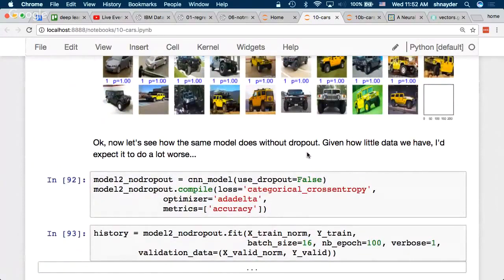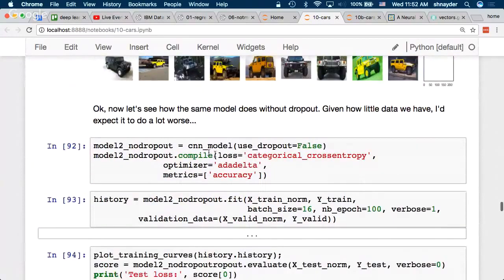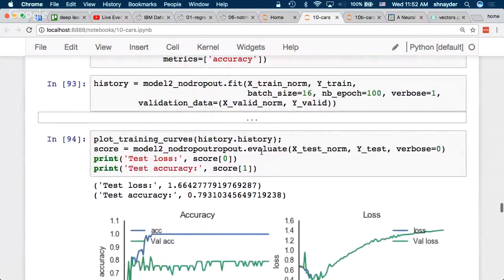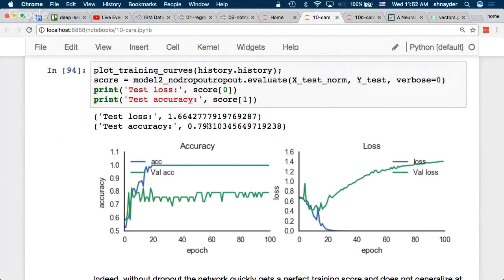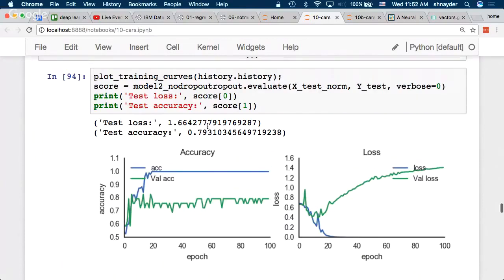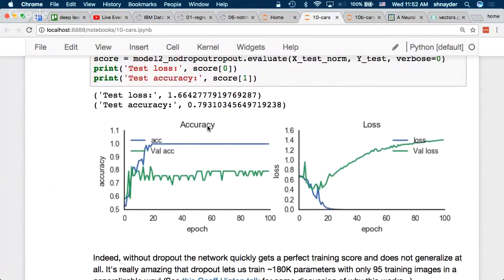And just for fun, I ran it without dropout. Right, so here's model 2, same model, but I told it to not use dropouts. Train it. Now it's overfitting and getting 80% test accuracy. So it's actually still kind of learned something, but it's overfitting much faster.